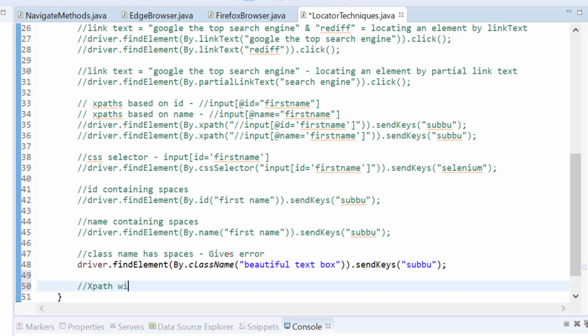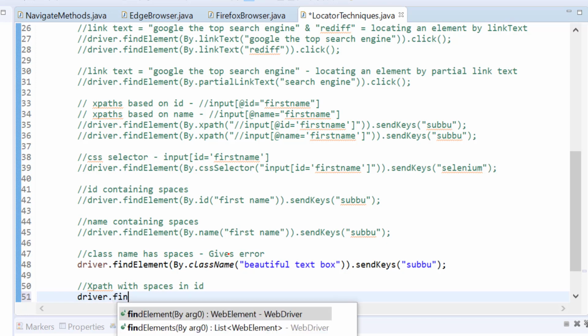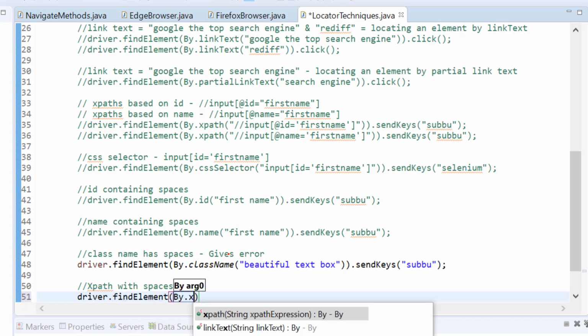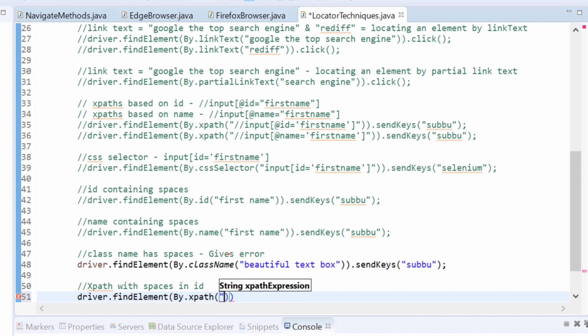Let's construct an xpath with spaces in the id. I'll say driver.findElement by.xpath, and I will construct my xpath here. Two forward slashes, tag name is input, square brackets @id is equal to first space name. So I have constructed the xpath with space in the id. So the third element, the third text box should be identified. And now I am using sendKeys